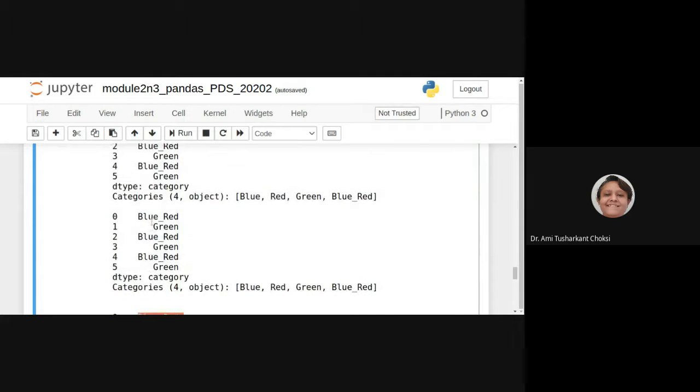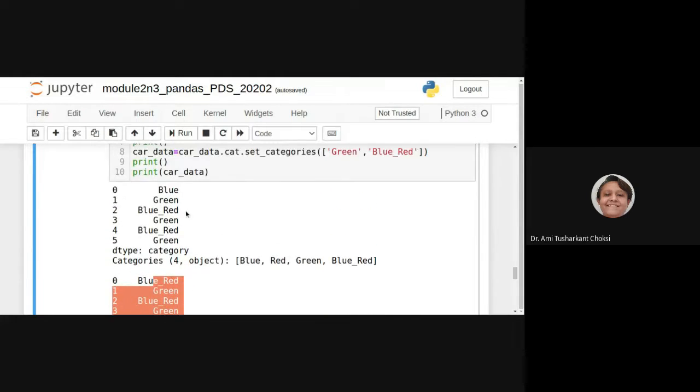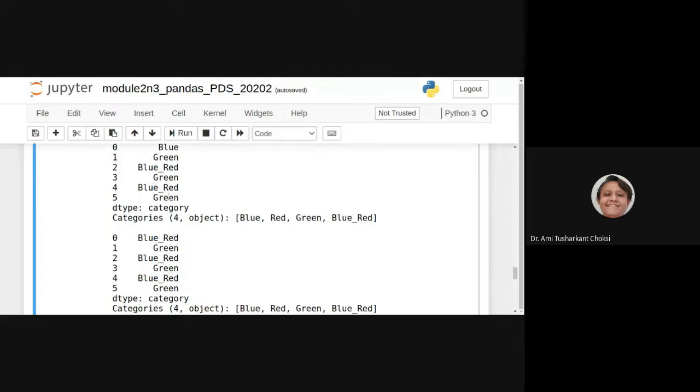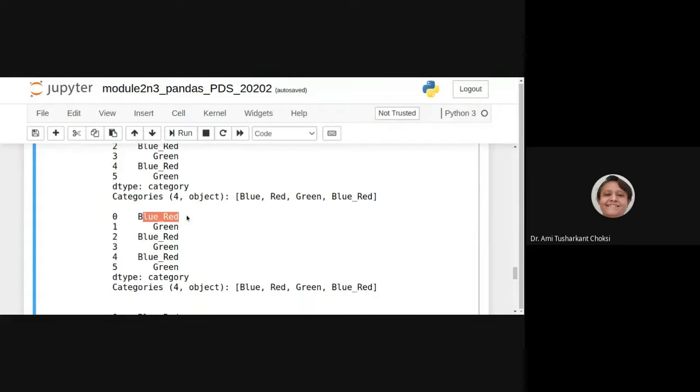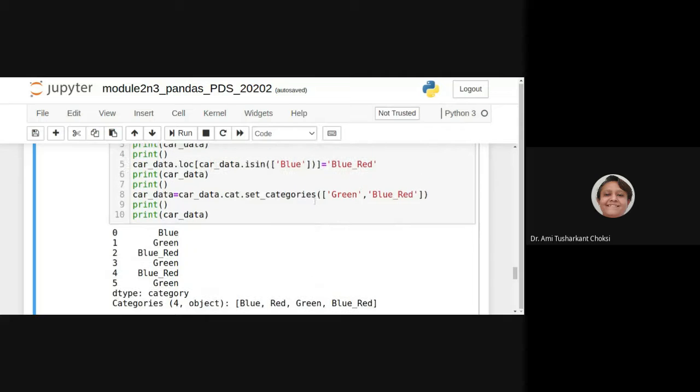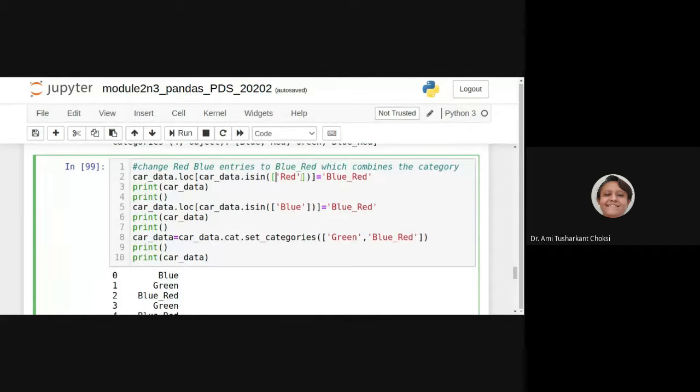Wherever we are having blue and red, it will replace that with the blue_red category as we have specified here. For this one, it will replace the red to blue_red.